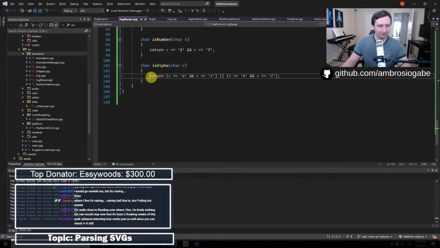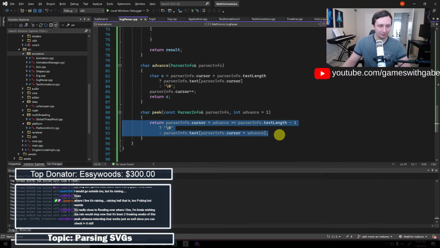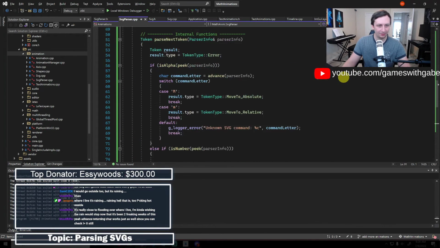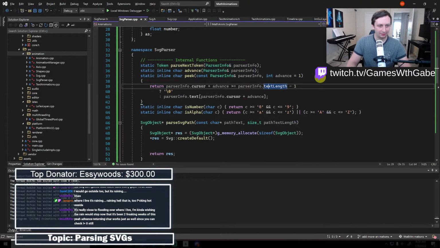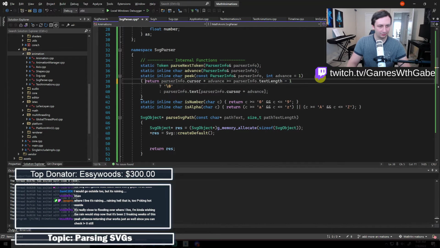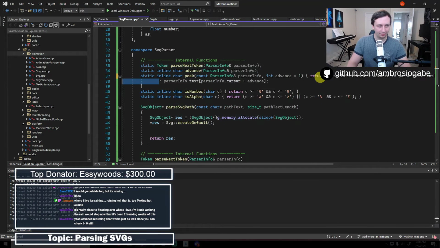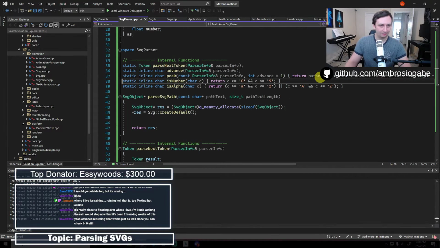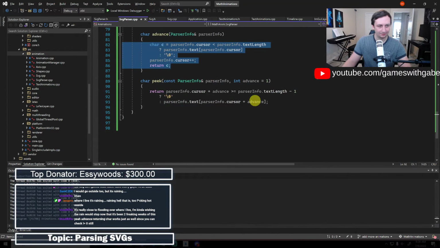Like that. Yeah, if it's one line of code, there's no reason I should make this a whole function. This is basically one line, so we will, and as is that. So we will just do the same thing here. That was peak. So we'll do that. I'll just put it all up onto the same line, which is gross, but I don't care. Okay, so we'll do that. Same thing for advance.